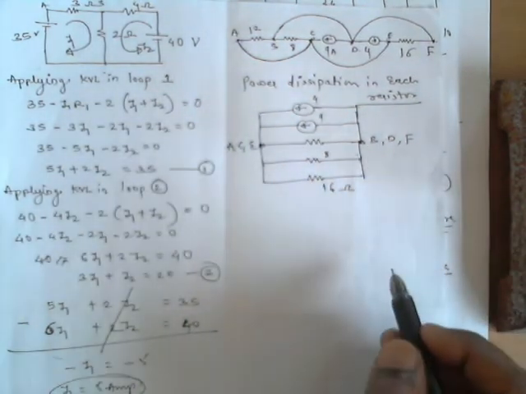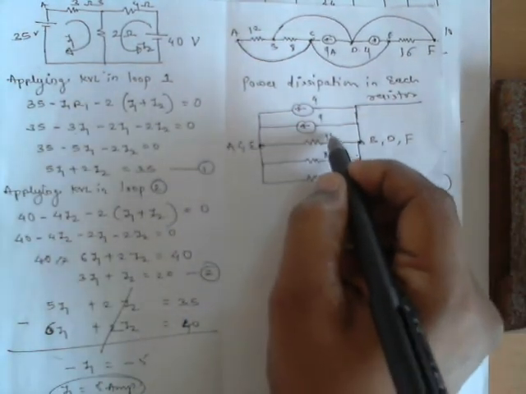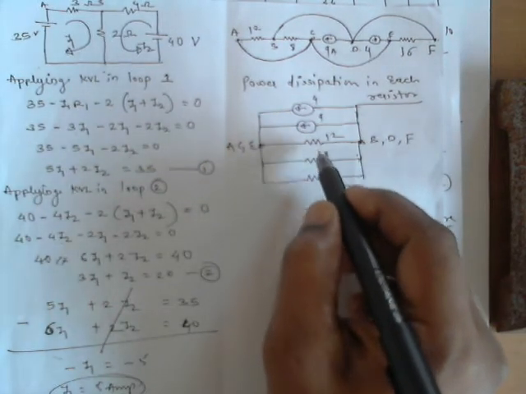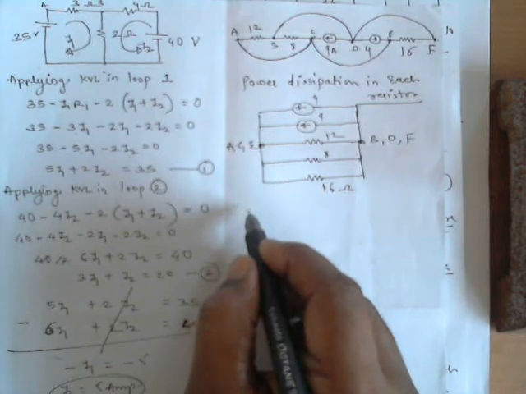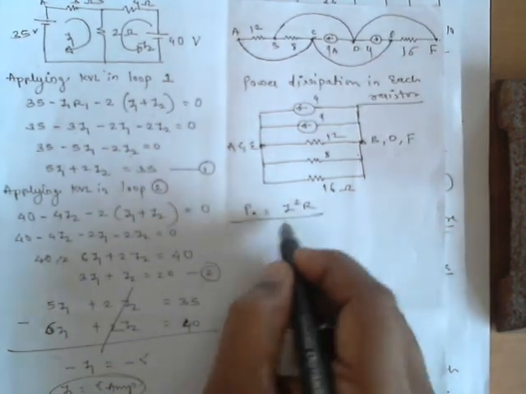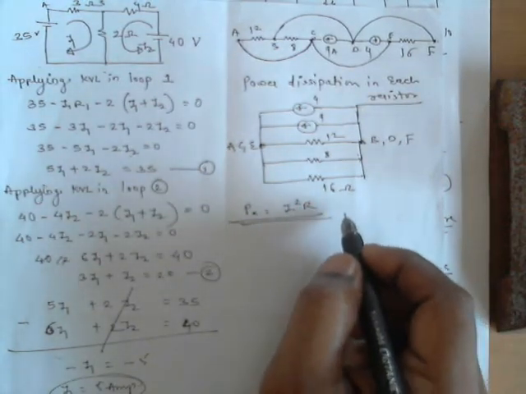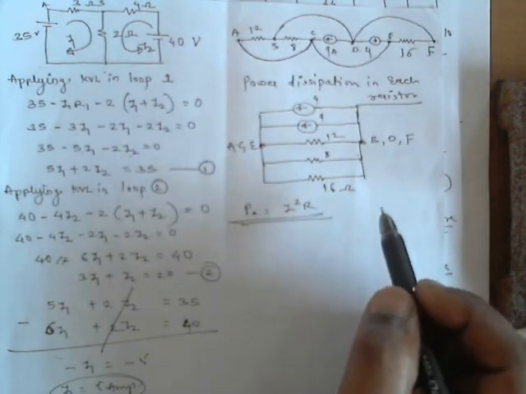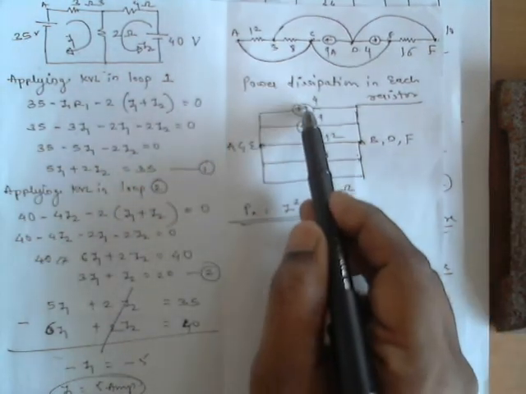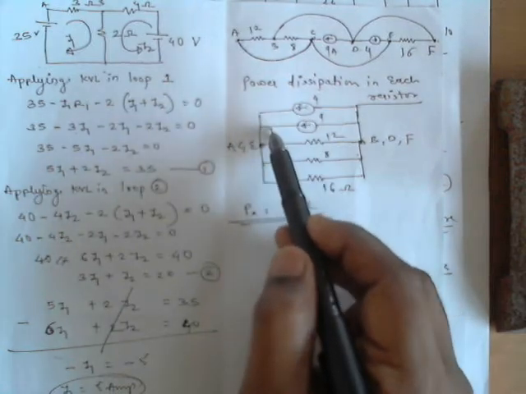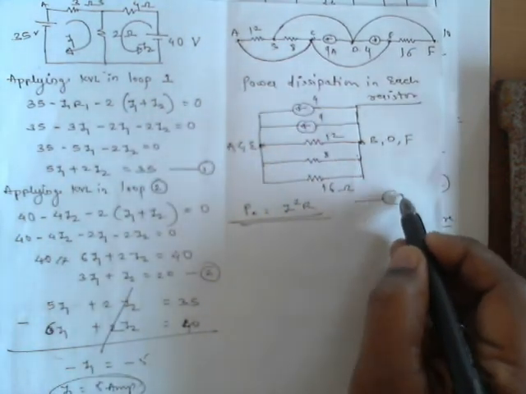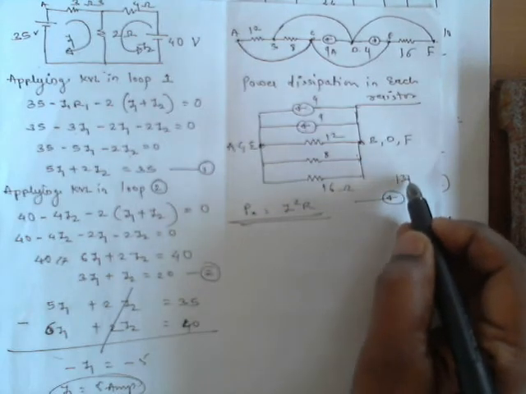Okay. Now what they have asked, this is 12. What they have asked to find out is the power wasted in each resistance. Power in each resistance is calculated by I square R or VI. Now to find out I square R, we need to find out current in each resistance, right? Okay, so let's reduce this circuit. 9 and 4 are parallel and in the same direction. So we can simply add it and it will become 13 ampere.